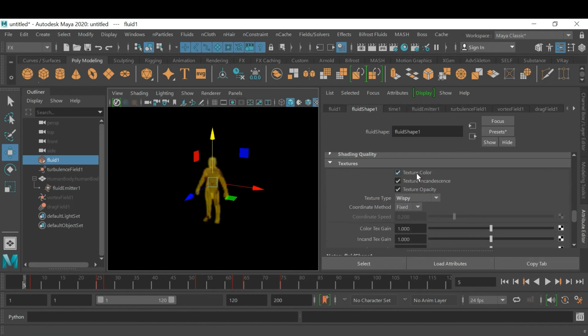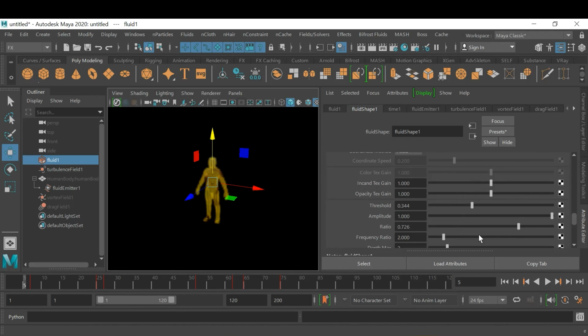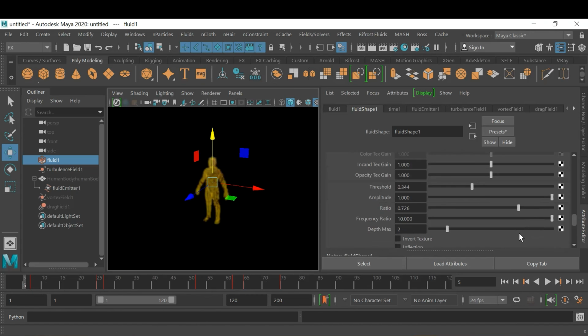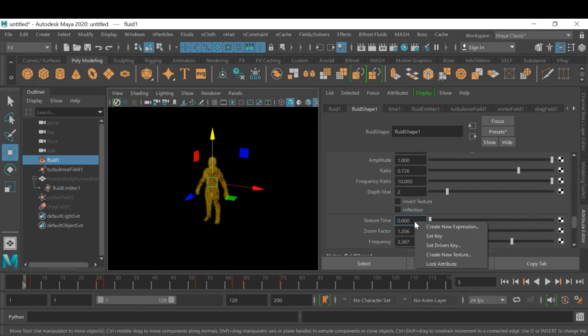Texture color is going to be displayed inside your rendering, while rendering. And frequency ratio, yes. And gradually you can animate your frequency ratio if you want. This is fine. You can animate this texture time if you want to give a little more organic. So instead of animating, if you want, you can just add the expression,